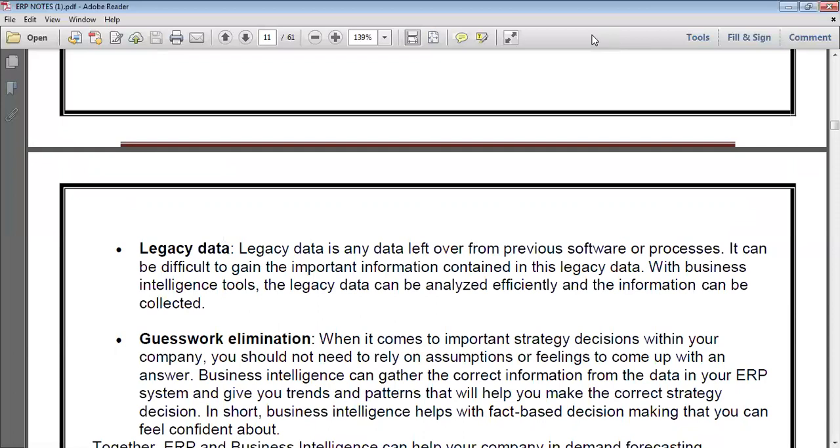Nowadays we call it backup, for example backup data, which is data left from a particular application, taken from previous files. We call it legacy data.